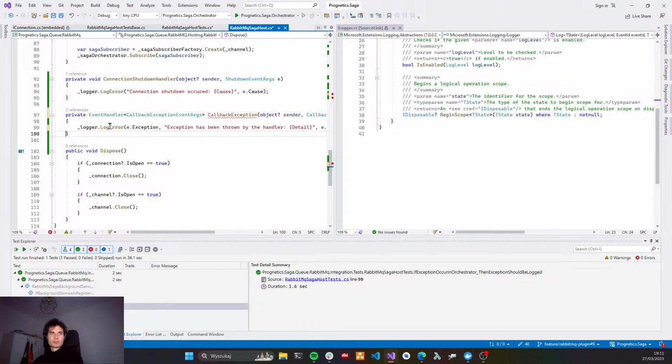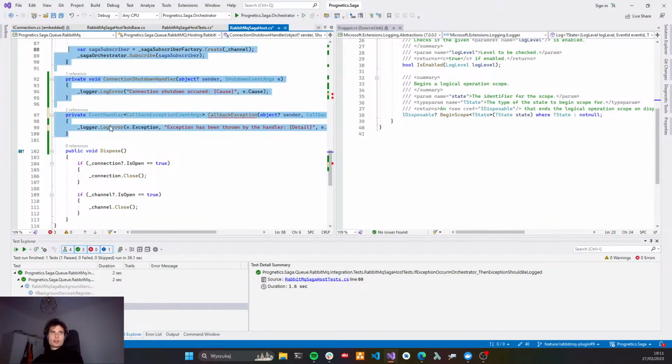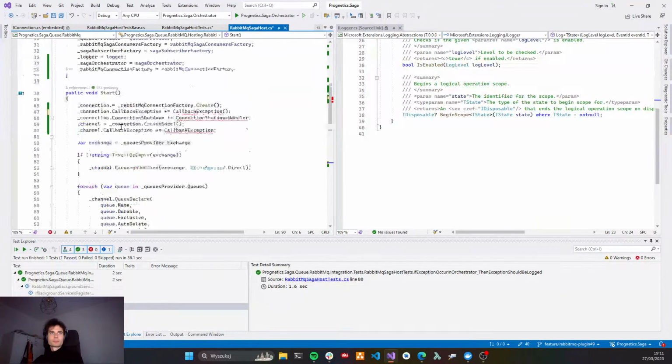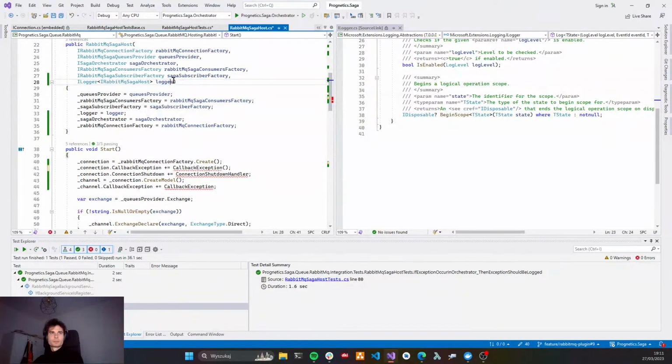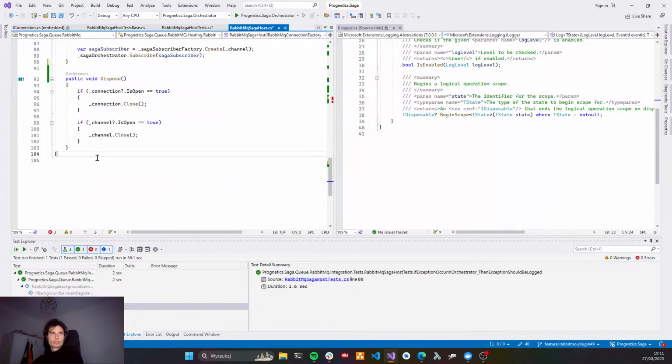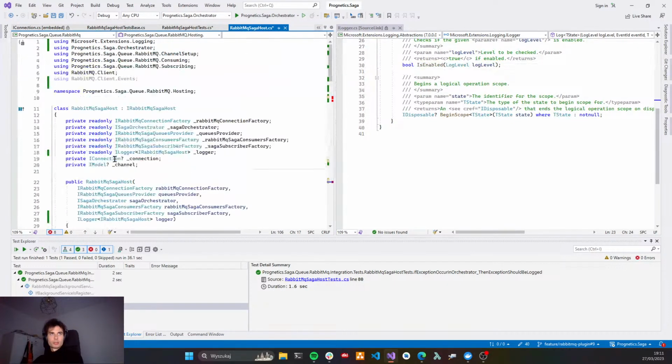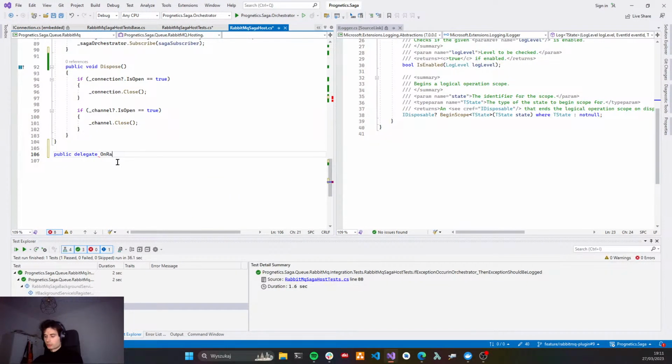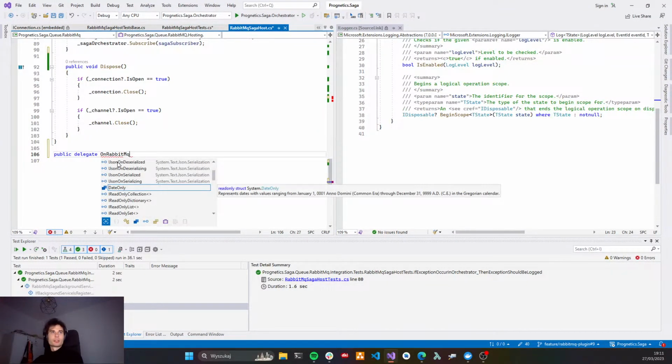So this will be delegate public on RabbitMQ